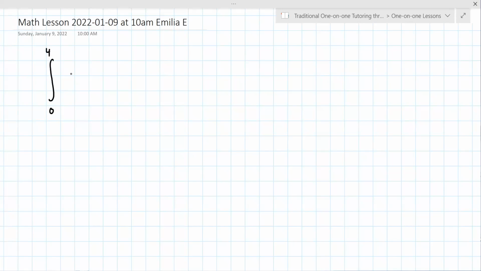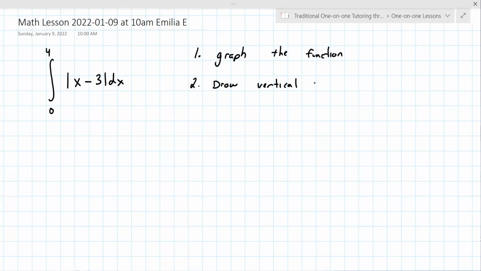0 to 4, absolute value of x minus 3 dx. To do this problem, you have to first graph the function, because you don't know anything otherwise. And then you draw vertical lines at x equals 0 and x equals 4. And then you calculate